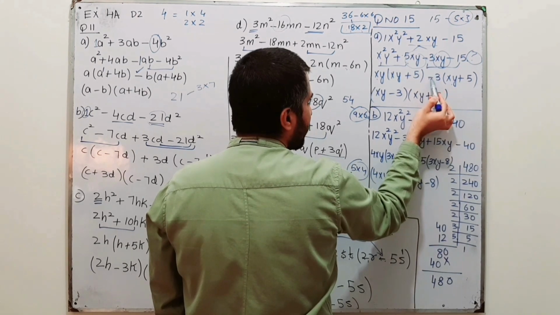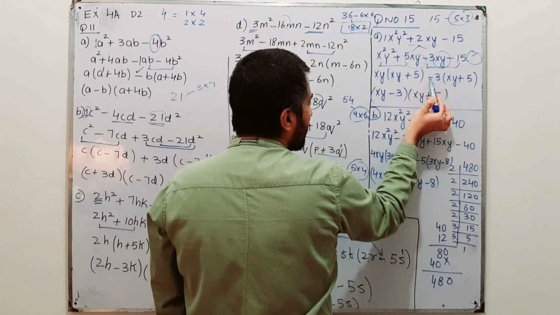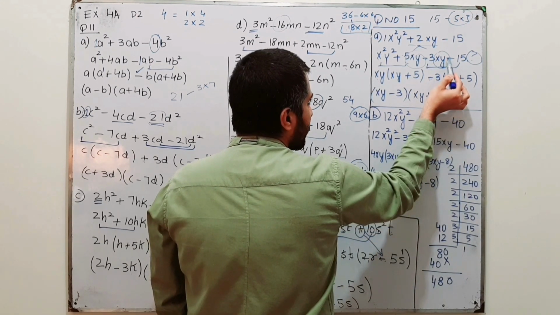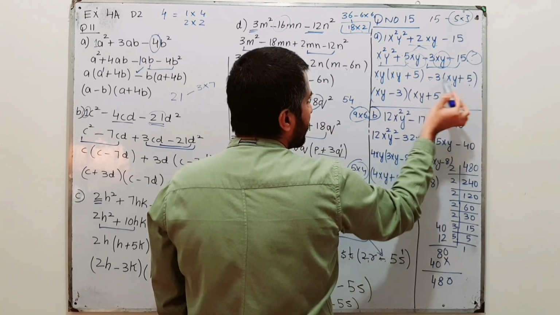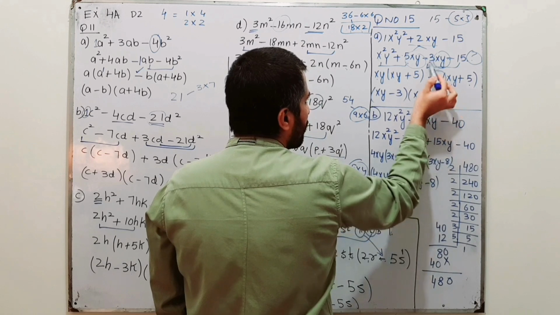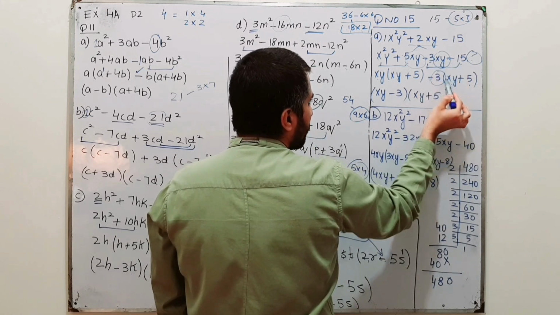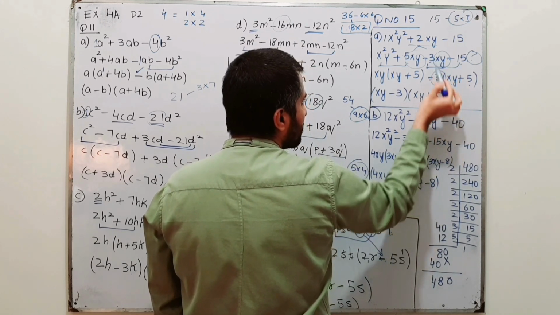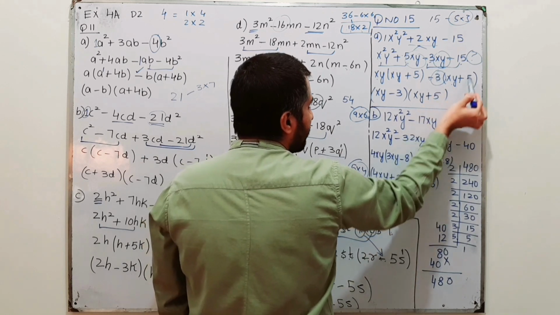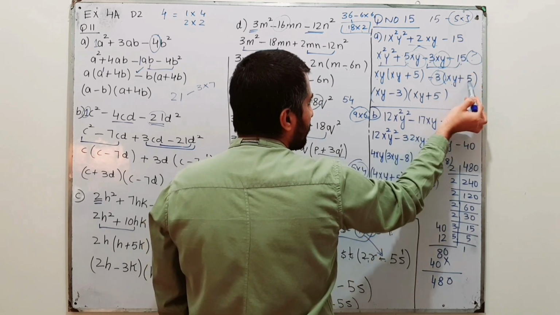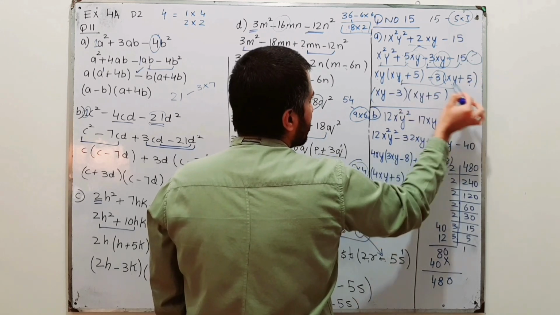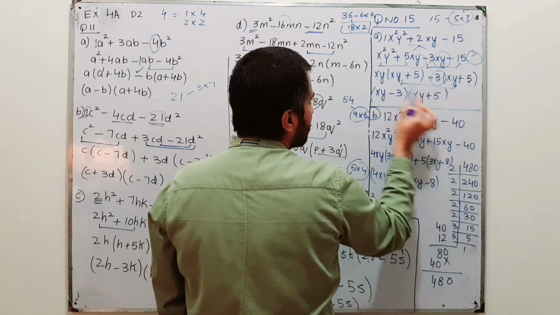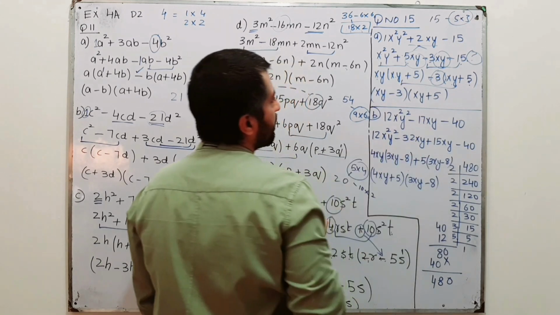I have taken out minus as common. When you take out minus as common over here, this sign will be changed. Minus will be converted into plus. So I will be left with 5 over here, because 3 is taken out as common from these two. So 3 is not present over here because I have taken out this 3 outside. And 3 times 5 is 15. So I am left with 5 over here. So this is the possible factorization. One factor is xy plus 5, the other is xy minus 3.